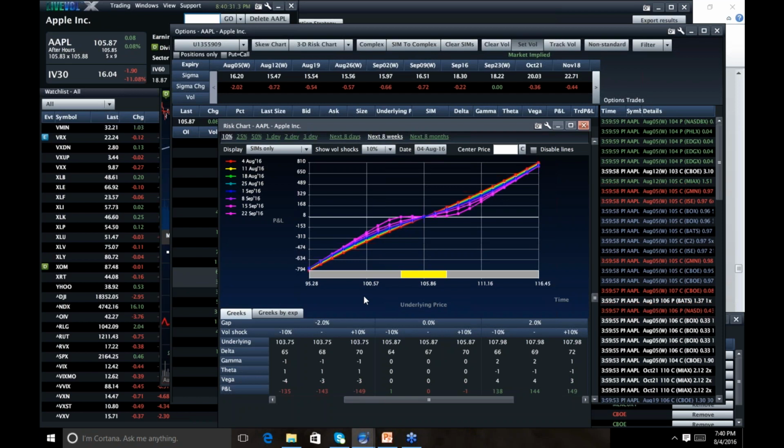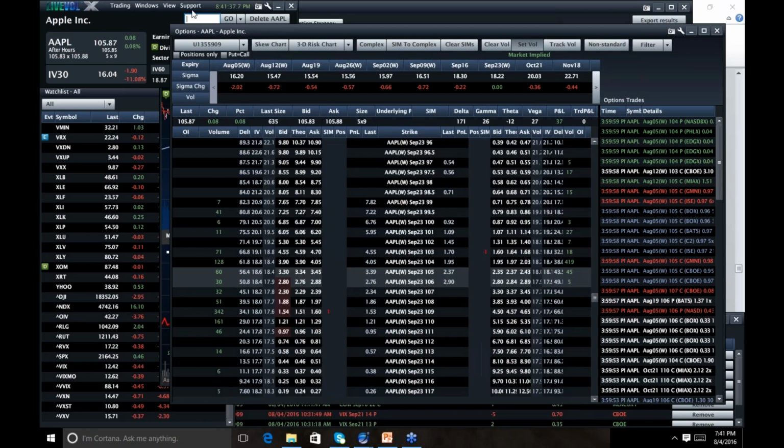So I'm getting paid. I participate if it rallies or sells off, right? And if it stays in a range, I just keep the credit. We see this a lot, and it can be a total layout. All right. So there's the risk reversal. I wanted to show you the one at Tesla.